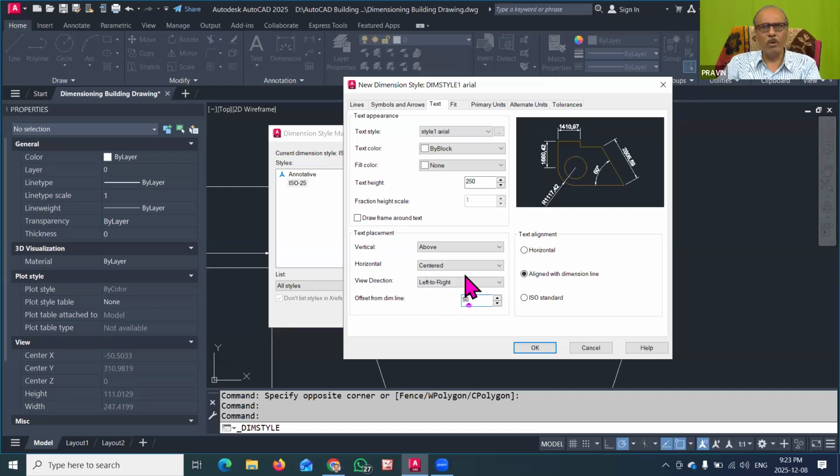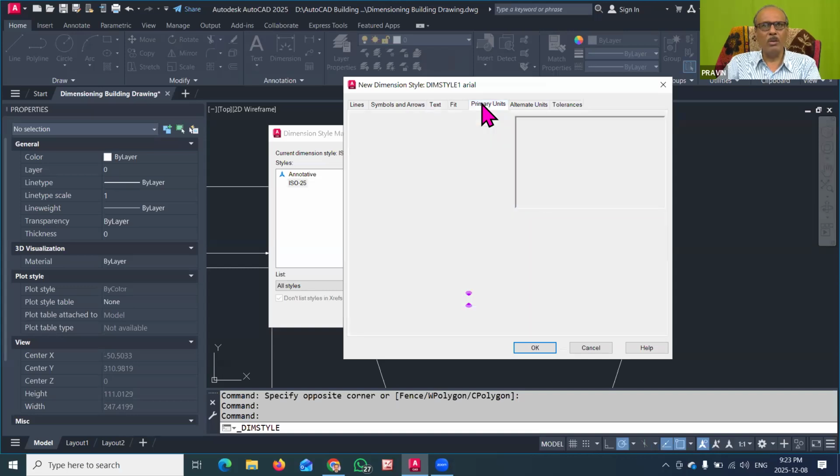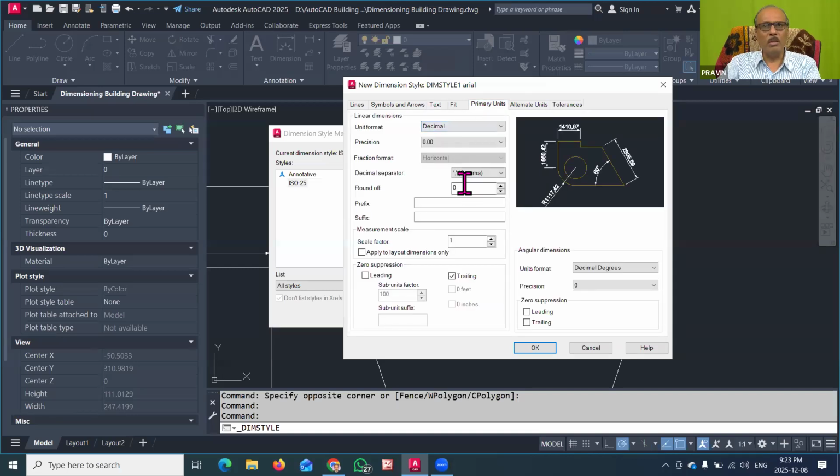Now another issue that we have to fix is that in the primary unit, this value should be in proper decimal places. So it shall be like 0.00. Here the decimal separator that we have to ensure shall be a full stop or a dot or period. So I am just using here the decimal separator in the dimension value as period. So that also you have to ensure.